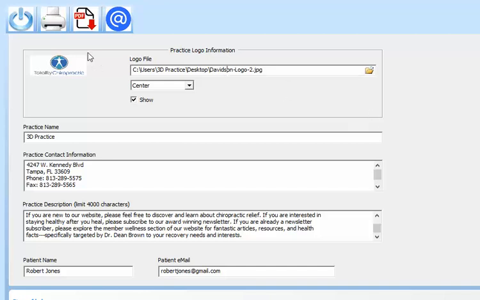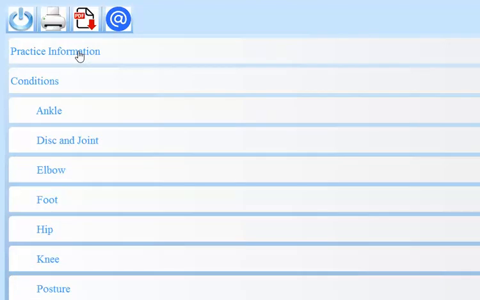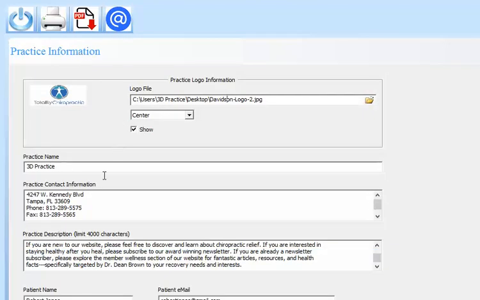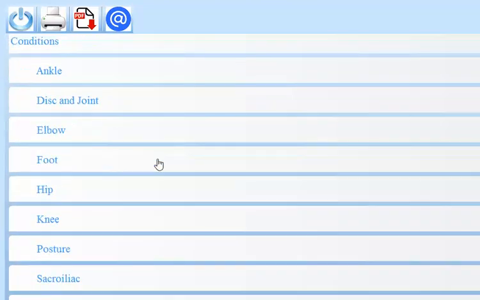And then we can go ahead and close that down. Again, once you go back in there for the next patient down the road, all this information is going to be retained except for the patient's name and the patient's email address. And then you'll have options here you can